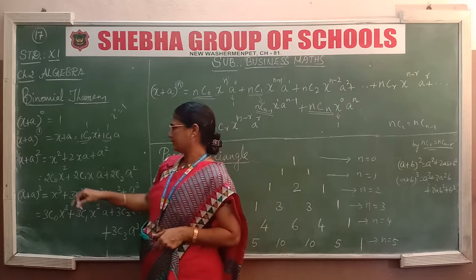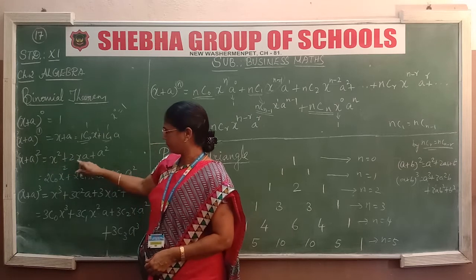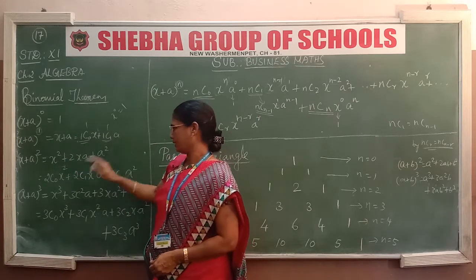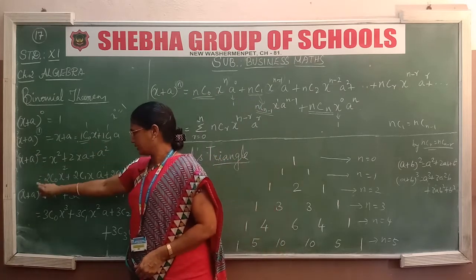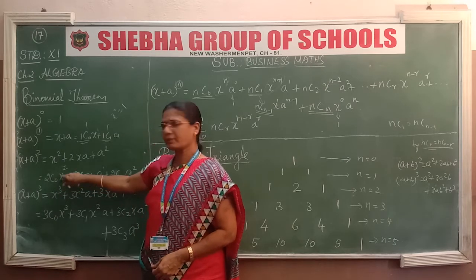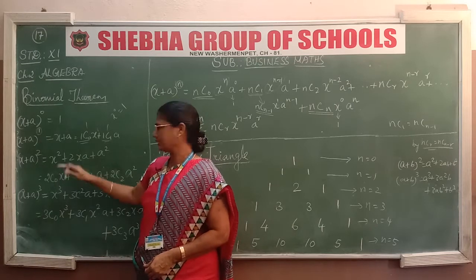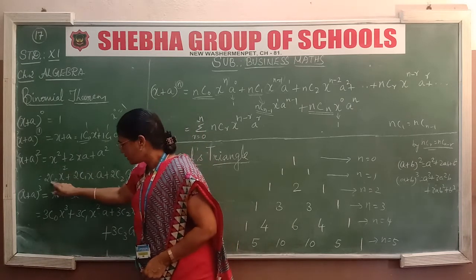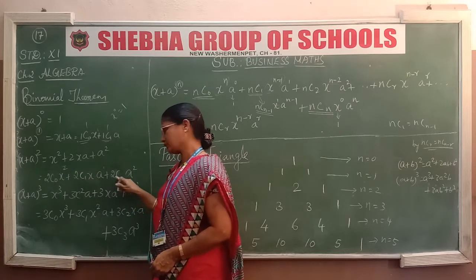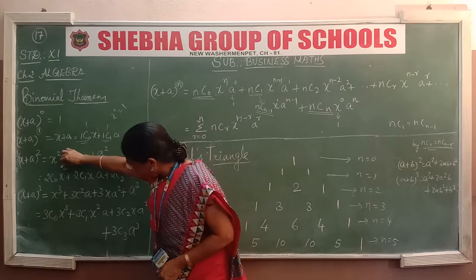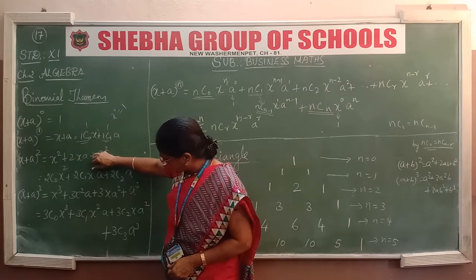Okay. Listen, second one, that is n is equal to 2. (x plus a) whole square equal to x square plus 2xa plus a square, we know this one. We write this in the form of binomial theorem, that is n is 2, isn't it? So 2C0 x power n, that is n is 2 here, so x power 2, a power 0 will come, so we leave that a power 0 and write plus 2C1. After 2C0 and 2C1, next 2C2, like that we have to write. And the x power is decreasing, isn't it? Here we are having x power 2, here we are having x power 1.